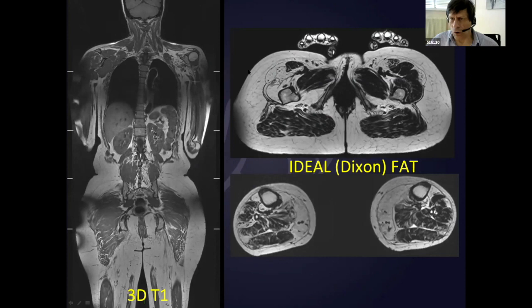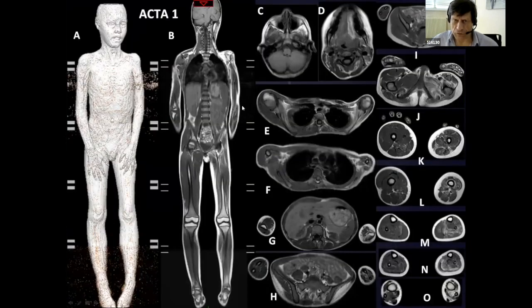In the upper part of the thigh, you can see a very asymmetrical involvement. Here it is very fatty replaced, and here it's quite normal. This type of asymmetry is very evocative of facioscapulohumeral dystrophy. But sometimes the asymmetry of involvement is not